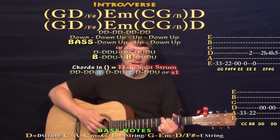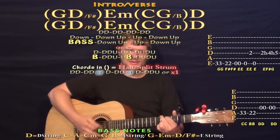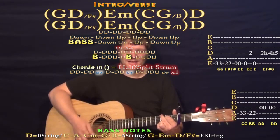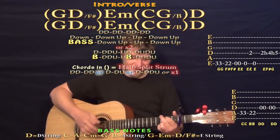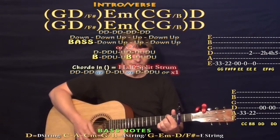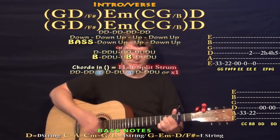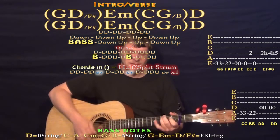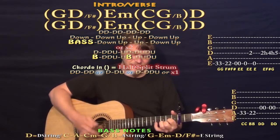And you can make it a bass, down, down, up, down, down, up, down, up, or bass, bass, down, down, up, down, down, up, down, up, or bass, bass, down, down, up, bass, down, up, down, up. Cool variations. So then you have the G, D/F sharp, E minor, C, G/B, D,